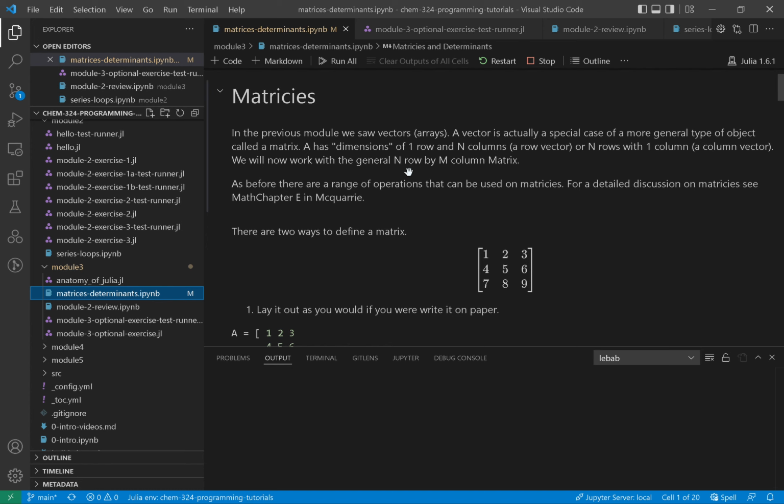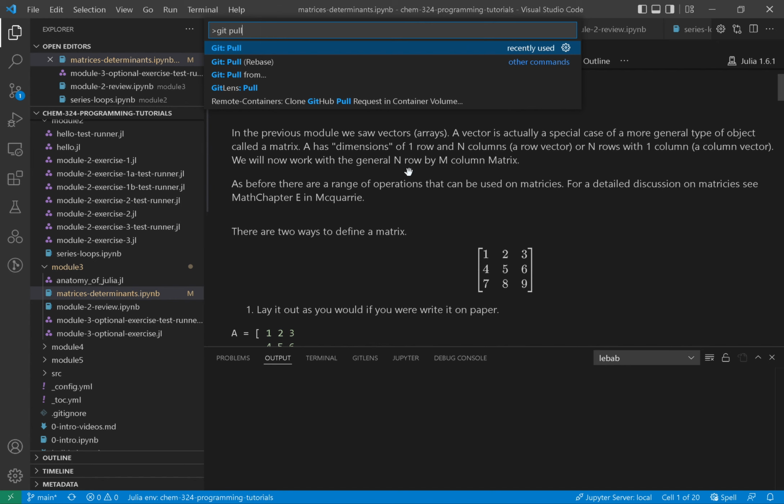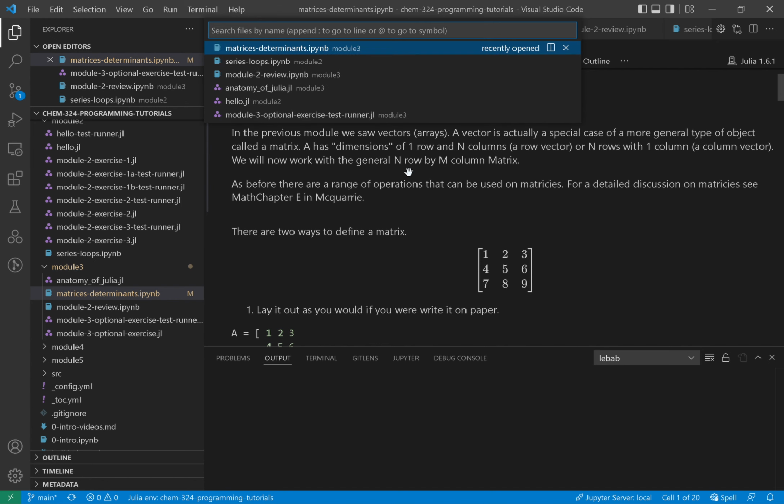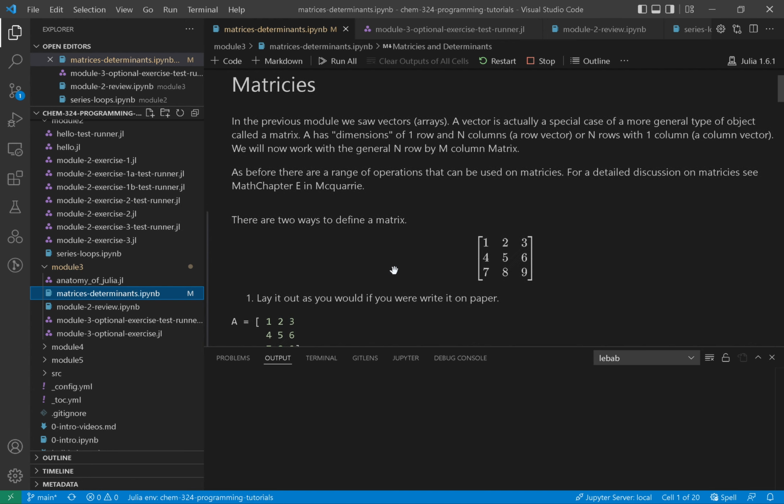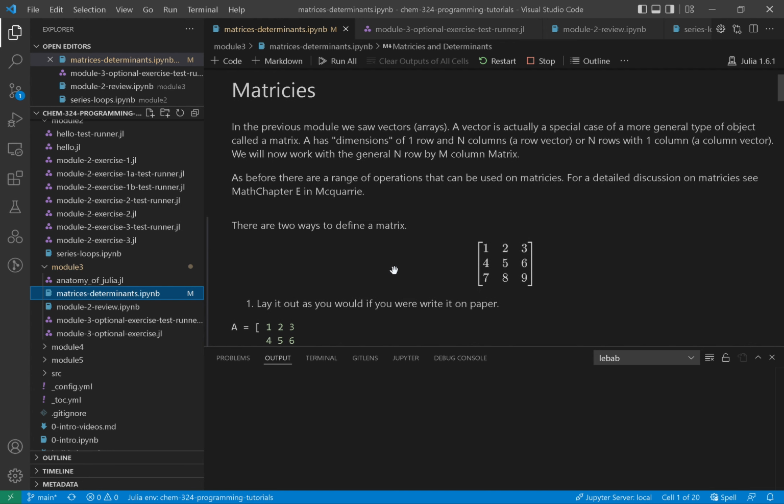Most of you probably aren't using Git to get the latest versions of this, but if you're wanting to pull the latest code, you can type git pull, and that will pull the latest code that I have up on my repository. Most of you, if you're using VS Code, are probably just going to the repository site and pressing download, but either way works. Just do it before or after the video, and the code will be updated. So anyway,